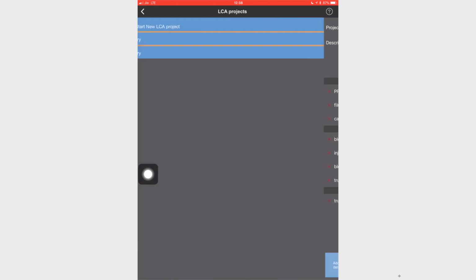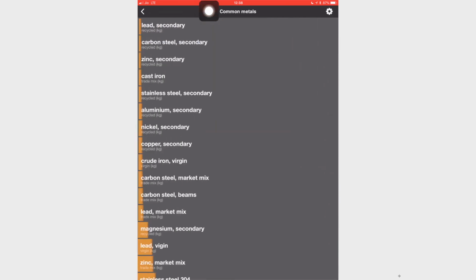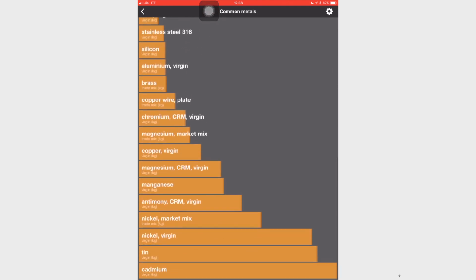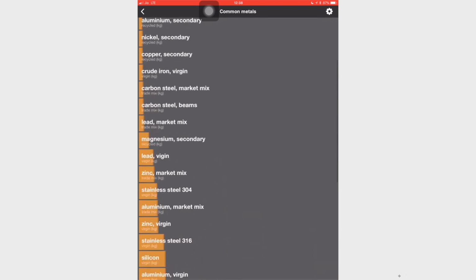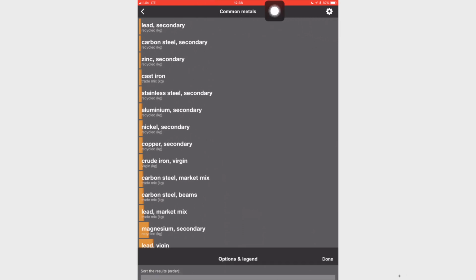So, let us go back. Now, let us look at these materials. Say we will click on common metals. When I click on common metals, I get a list of all these materials. Here on the right side you can see the settings icon.